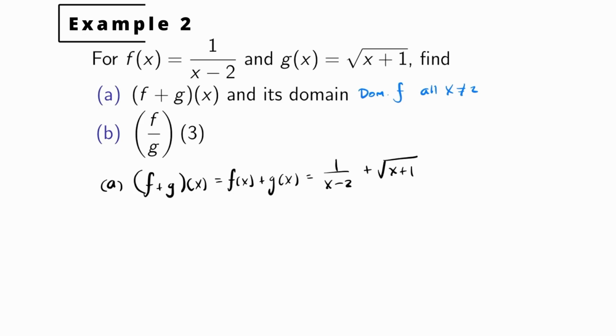Now for g of x, we cannot have the square root of a negative number. So essentially x plus 1 has to be at least 0. By subtracting 1 from both sides of the inequality, we see x has to be greater than or equal to negative 1. Okay, so the domain of f plus g is all real numbers that we can plug into both